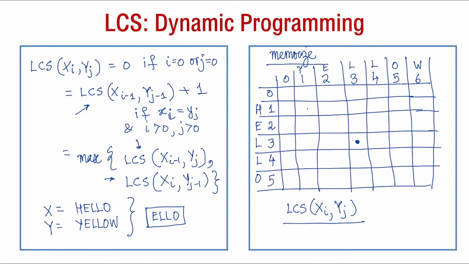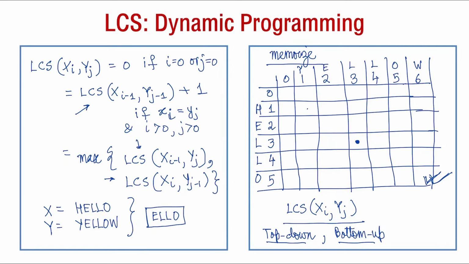Once we know that this stores LCS the way we want, we will then be able to find the final solution at this point. And once we have the final solution at this point, we can apply our top-down or we can apply a bottom-up formulation. The top-down formulation comes straight from the equation in the left side, and we will memorize this array